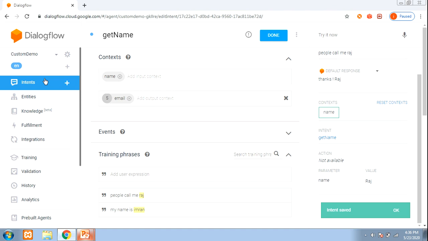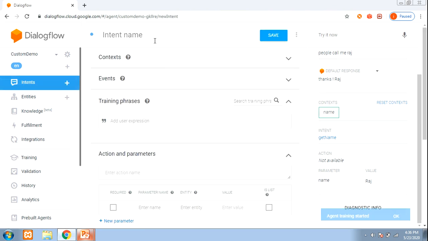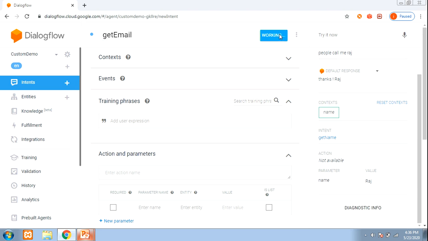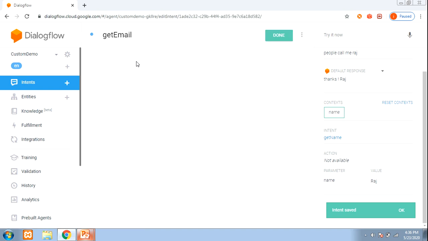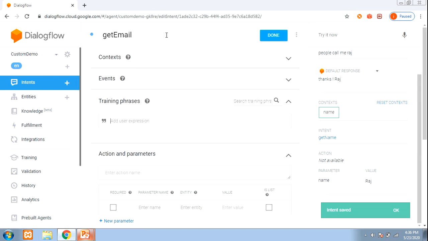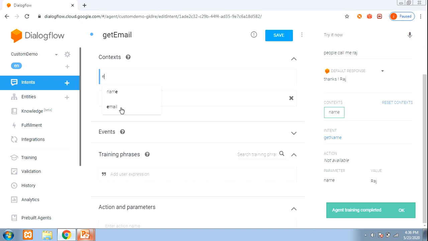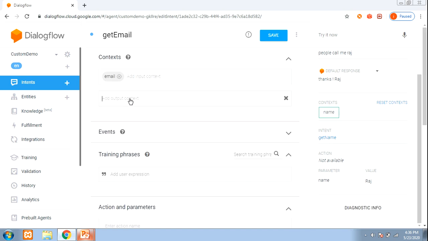Now in the intents, click on plus button, create your intent like get email, click on save. My intent is generated successfully. Go to the context. This time we are going to use input context like email, not name. Delete this one.